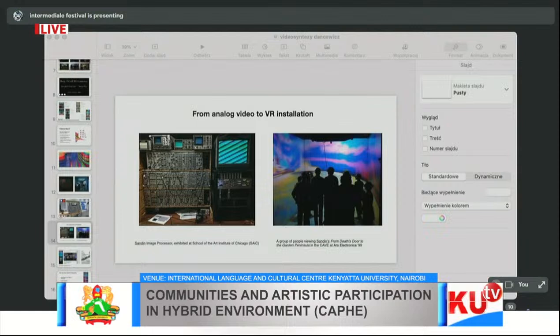This was actually the first well-known immersive installation in new media art, and it shows that an immersive environment does not have to be strictly analog or digital. It can be a hybrid environment, understood as a continuum between the analog and the digital. So the roots of video synthesis are hybrid,